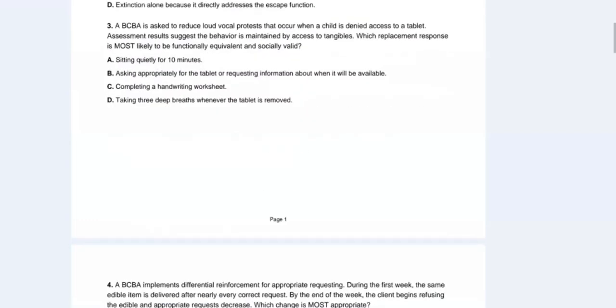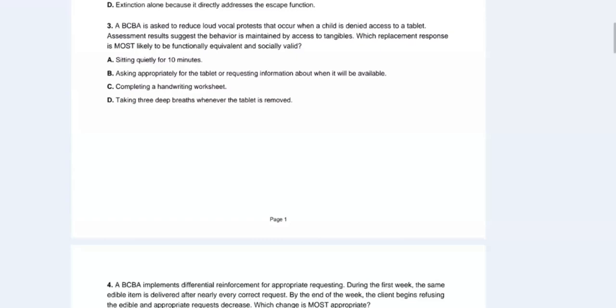A BCBA is asked to reduce loud vocal protests that occur when a child is denied access to a tablet. Assessment results suggest the behavior is maintained by access to tangibles. Which replacement response is most likely to be functionally equivalent and socially valid?